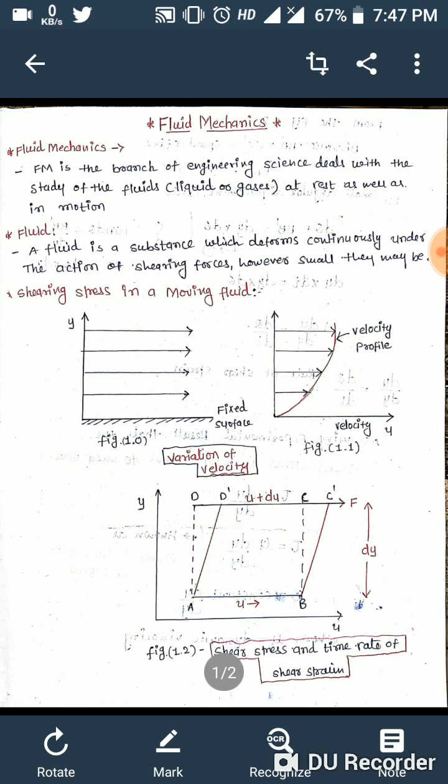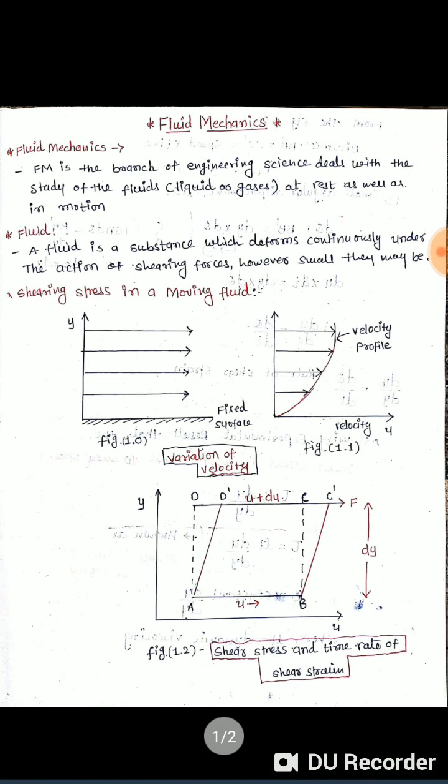Now we can define a fluid as a substance which deforms continuously under the action of a shearing force, however small it may be, right? Now just look at figure 1 and figure 1.1. Assume that the fluid particles move parallel to each other in figure 1, and in figure 2 we can see that the fluid particles move parallel to each other, but the velocity at the